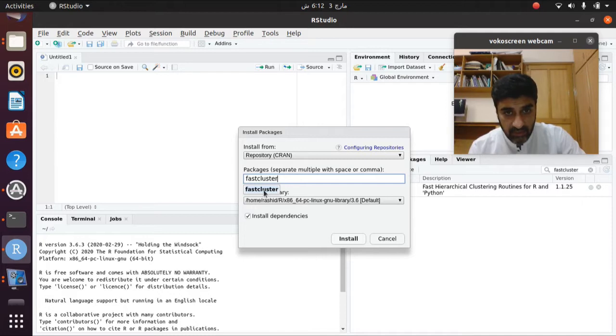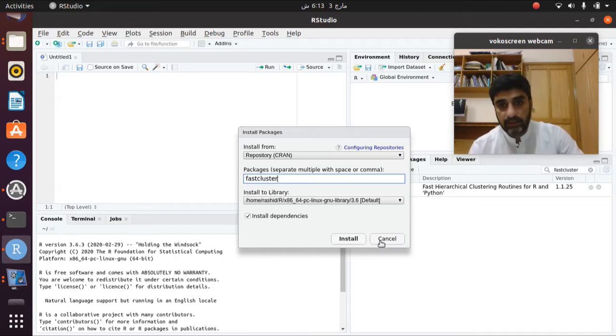If you have it in this repository, you can just click it here and install it. But if that is not available, then you can go to the Bioconductor website and directly download and just copy that source code here and paste it in R.